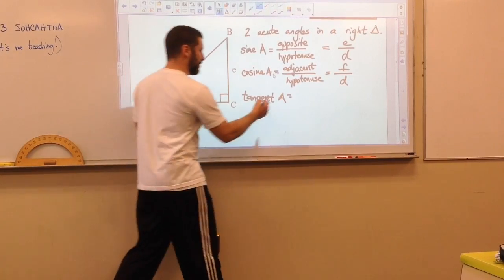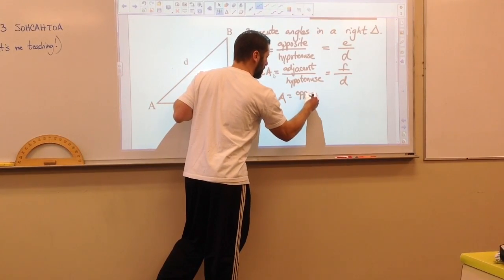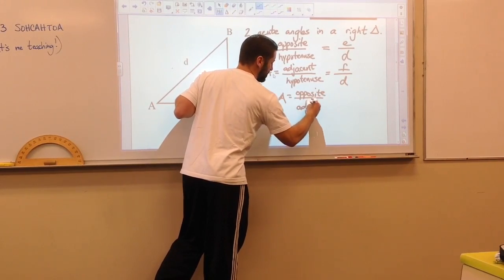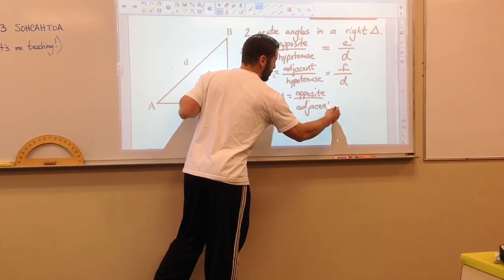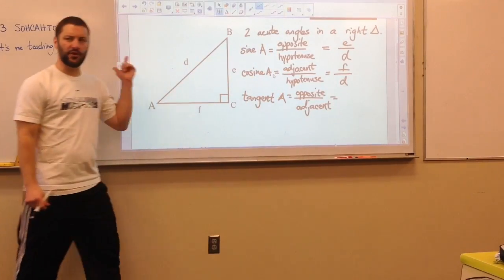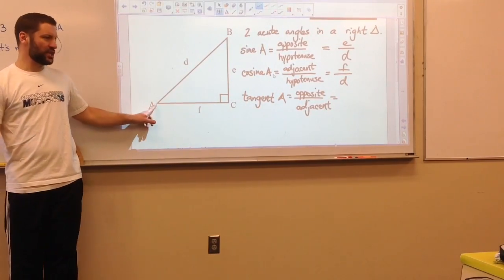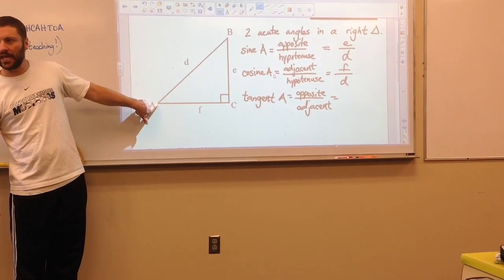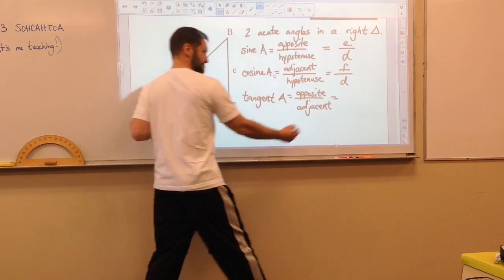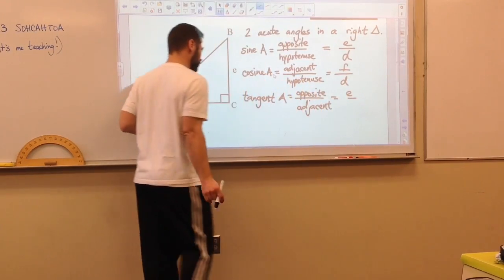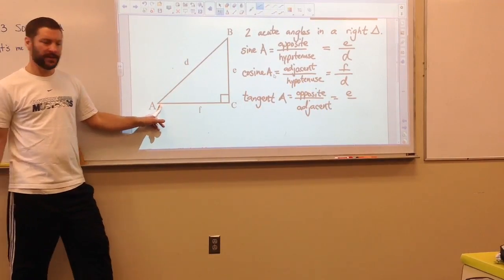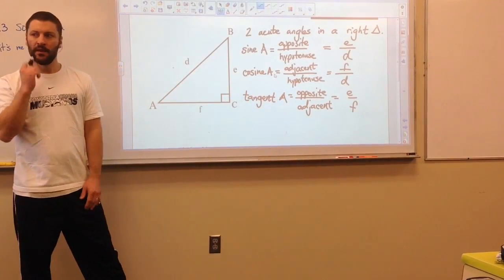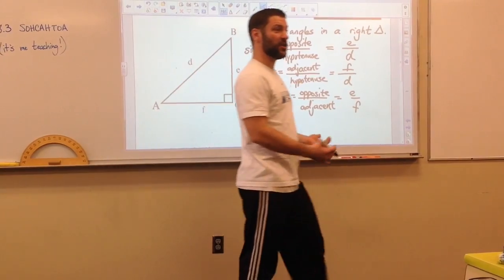And tangent stands for opposite over adjacent. Opposite over adjacent. Let's see if you can do this. So here's A. What side is opposite of A? E. And which one would be the adjacent? F. E over F. Now, if you change angles,